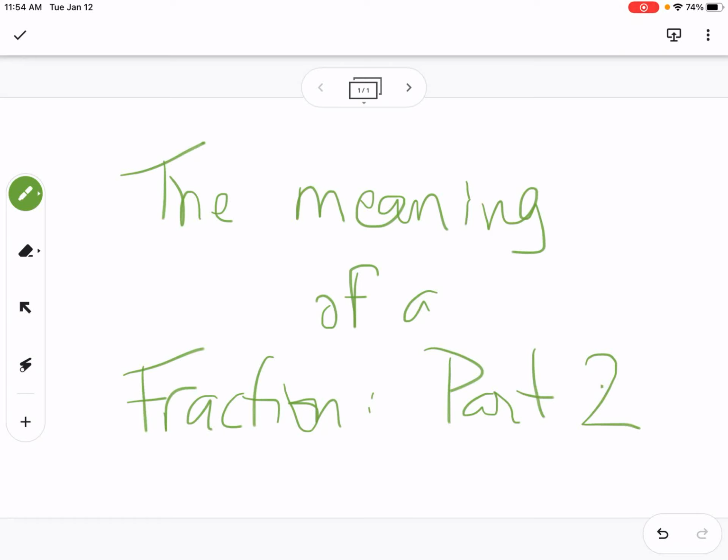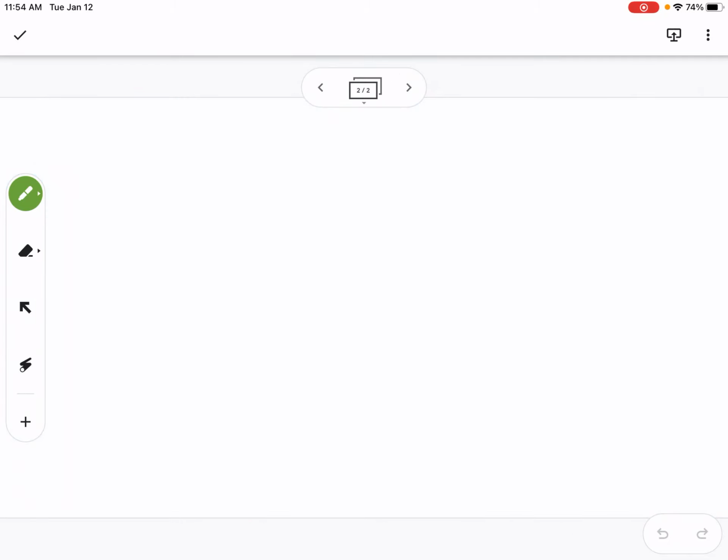We're going to look at the meaning of a fraction, part 2. In part 1, we were talking about circles, fractions of a circle. Let's start applying fractions to things that are not circles. So to review, though, in the meaning of a fraction, part 1, and this is really all about the meaning